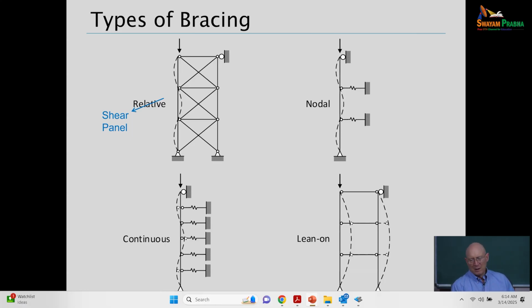Essentially, you're bracing different points along that column that you see is buckling into the three waves there with an inflection point at each story, you're bracing those, you're providing bracing of those points by the shear stiffness, or stiffness in shear, of the truss